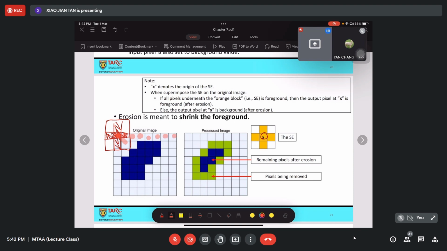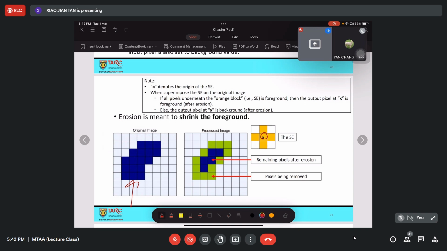This is actually the way the SE is applied or superimposed on the original image, exactly the same as the median or mean filter. Okay, let me remove this first.